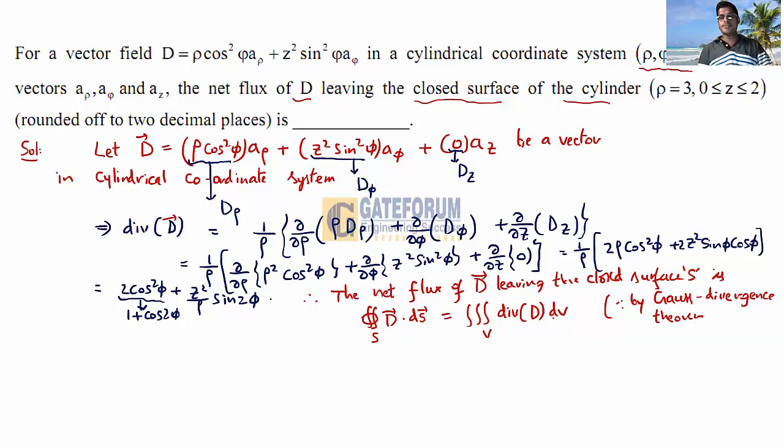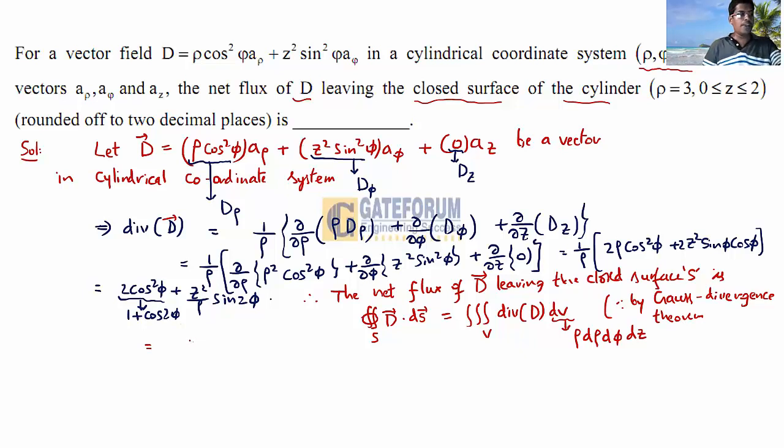So dV means the volume element according to the Jacobian. This is rho d rho d phi dz. One integration is with respect to rho between the limits 0 to 3. The second is with respect to phi between the limits 0 to 2 pi, for the cylindrical surface. This is the rotation of the cross section area, a complete rotation, meaning 0 to 2 pi. The z limit is already given, 0 to 2. So this is equal to